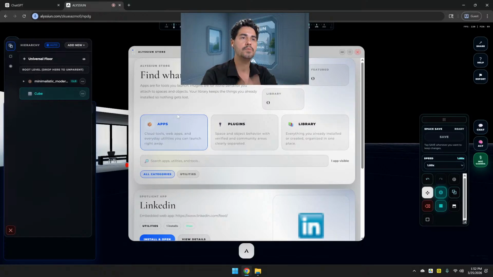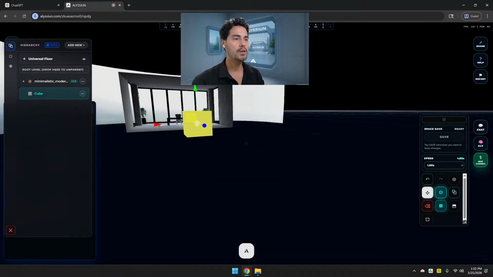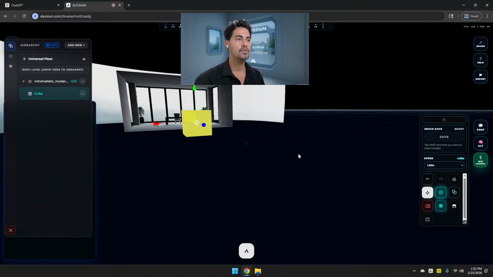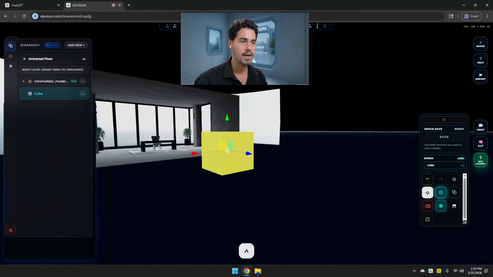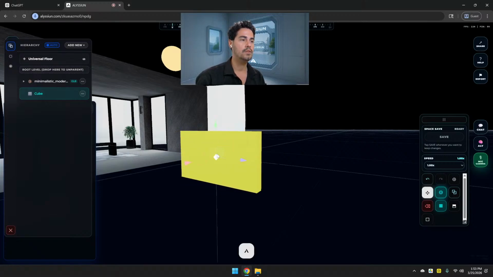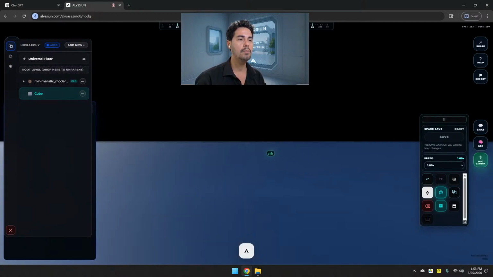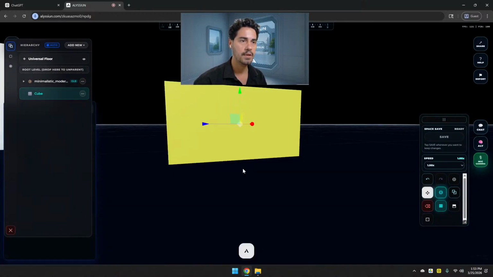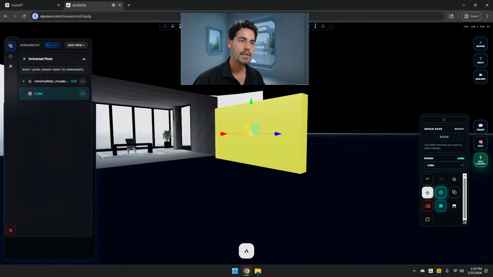People can use it directly in ALYSSIUN, which means instead of going to one website, they can just open the app and drop it in here. And then if you put on the VR goggles, imagine the app is just like this. You can move the app, the window here, or much better, you can interact with that app. Instead of a 2D CRM, you can just walk through the environment. The system is going to give you those tools to really convert your 2D web app into a spatial, immersive technology. That's what it is.